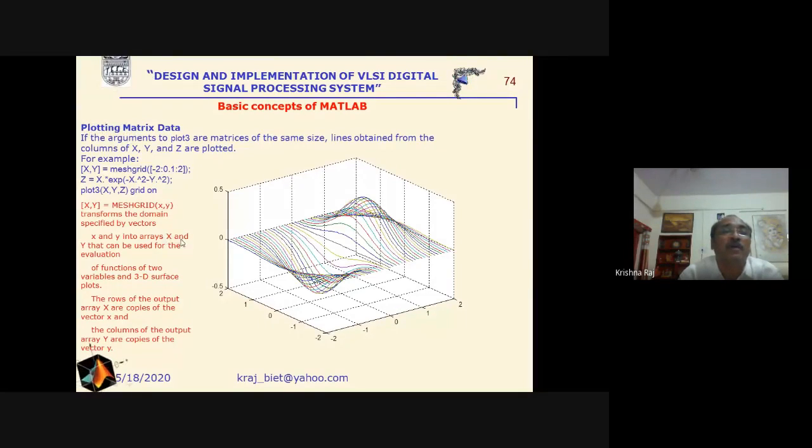Here we will transform the information of X and Y: the rows will be transformed to the rows of this one, and every column of this one will be copied to the column of this one. And if we are interested in plotting the graph, then we just write plot3 X Y Z, and gridding can be done by using grid on. We will get this type of graph.